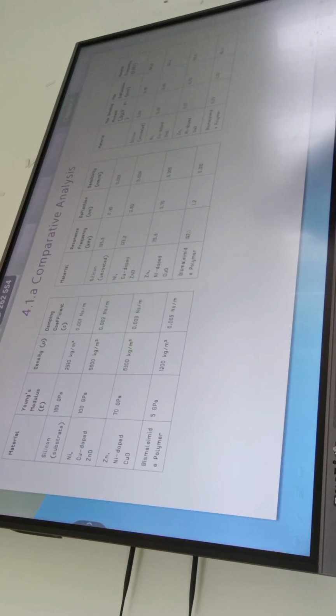Summary and conclusion, we have given some comparative analysis for the silicon